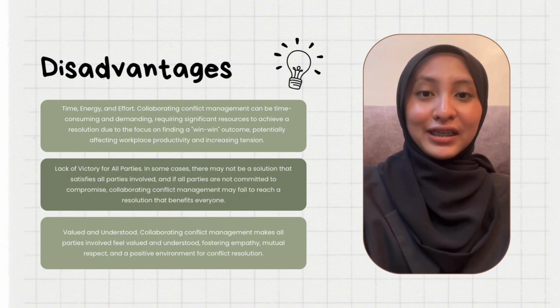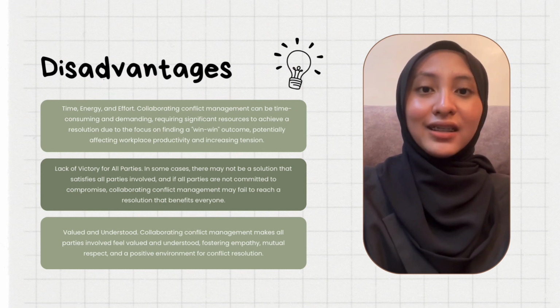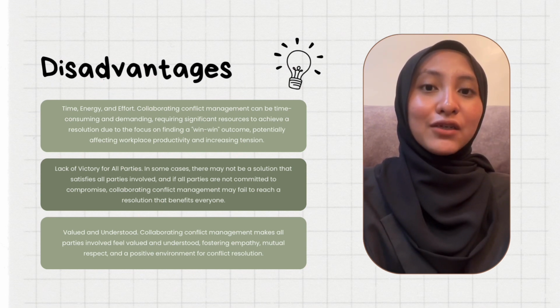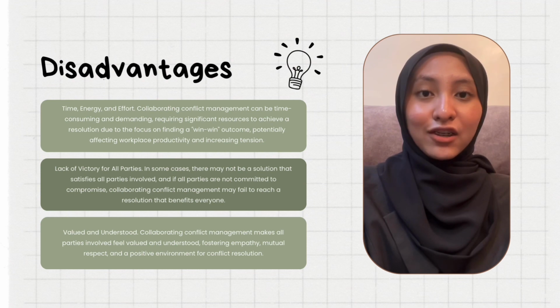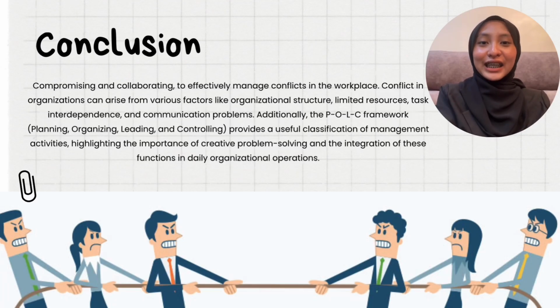These advantages and disadvantages highlight the importance of understanding different conflict management styles and their implications in various situations to effectively navigate conflict and promote positive outcomes. In conclusion, we can use an approach that categorizes conflict resolution into 5 core methods based on assertiveness and cooperation. This model emphasizes the importance of understanding different conflict resolution styles such as compromising and collaborating to effectively manage conflict